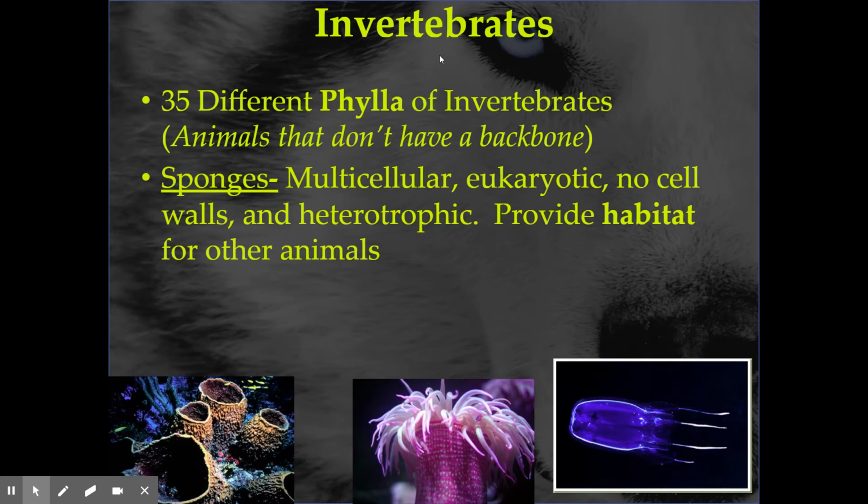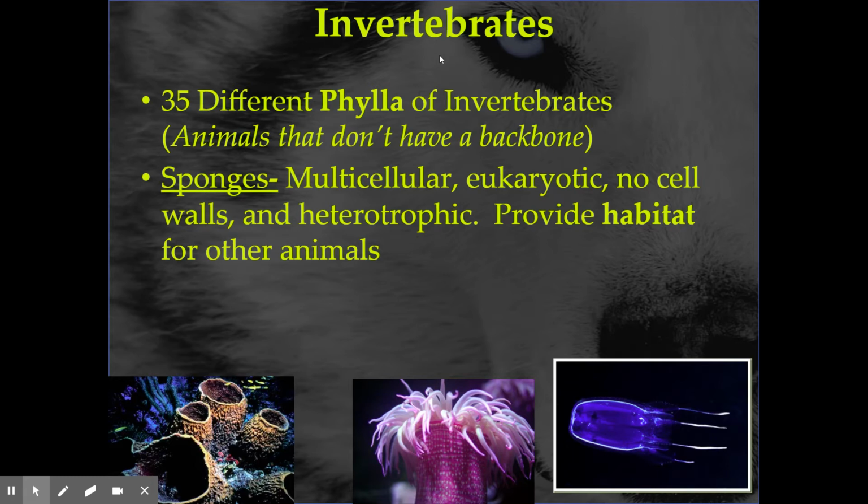So we have sponges, one of the simpler life forms going. They are multicellular, they are eukaryotic, they don't have cell walls, they're heterotrophic, all the things that we just said on the first slide that tell you it's an animal. But they certainly don't look like a puppy dog or anything either. They don't have a head per se. They don't have a centralized nervous system. It's diffuse throughout them, it's spread throughout them. So they're very slow to respond, and they don't get up and walk around either.